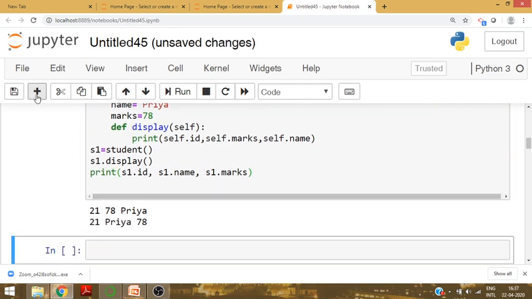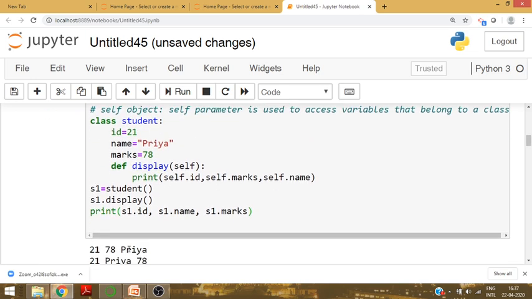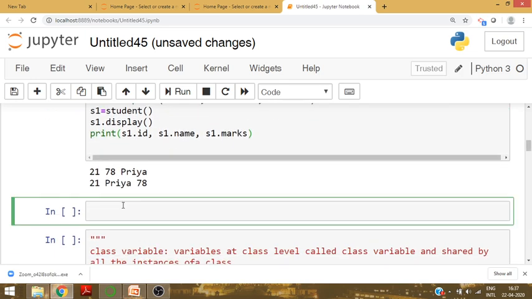We will see one more example of class. Suppose how to define a class by using the keyword class Employee.